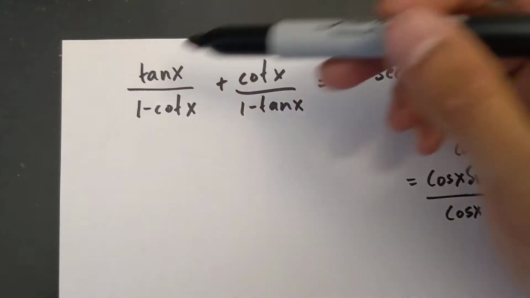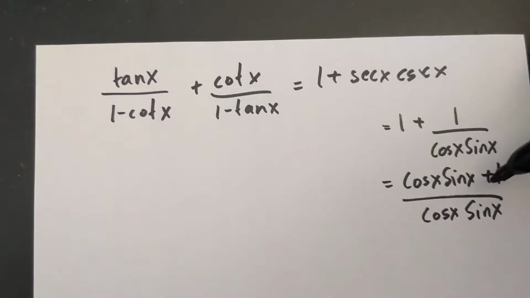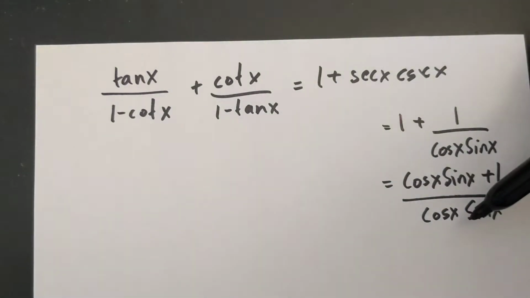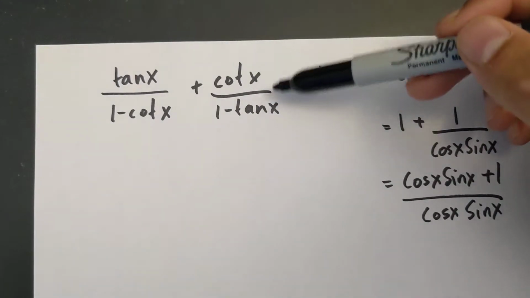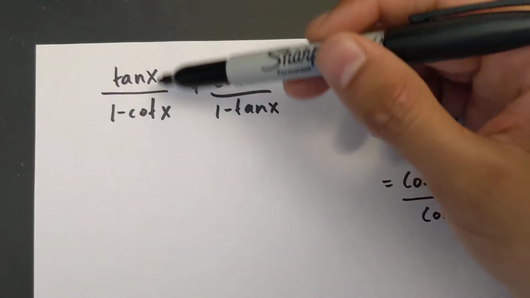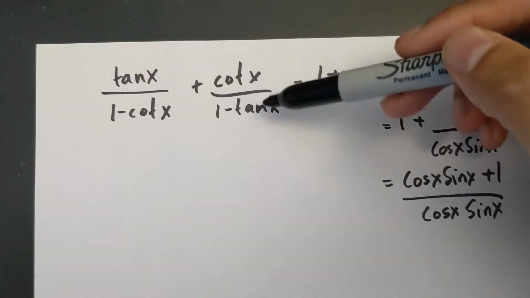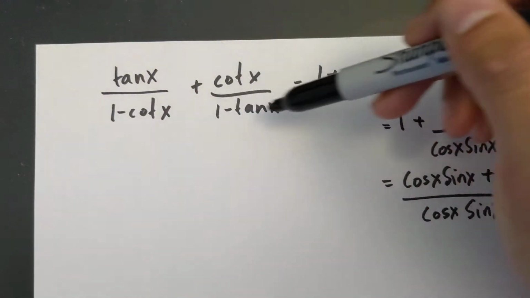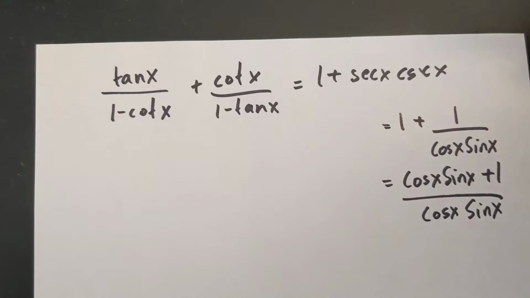So when I look at this side, I kind of have two options to get to that. Number one is I can try and make a common denominator because there's a common denominator on this side. So if I want to do that, I have to multiply the top and bottom here by 1 minus cot x and the top and bottom here by 1 minus tan x. I actually tried that and it doesn't work because the bottom doesn't get simplified and it's really hard to get the bottom into that. So that step didn't work, which means my other option is converting everything to sine and